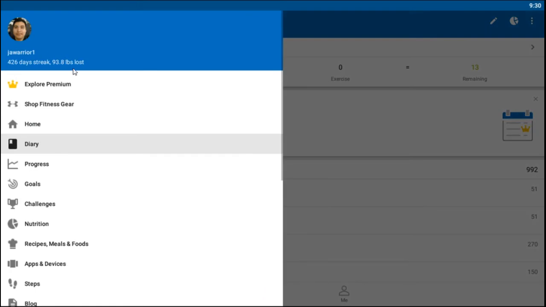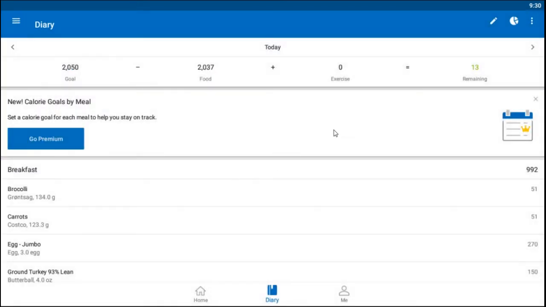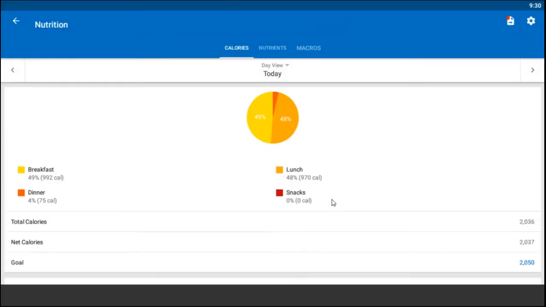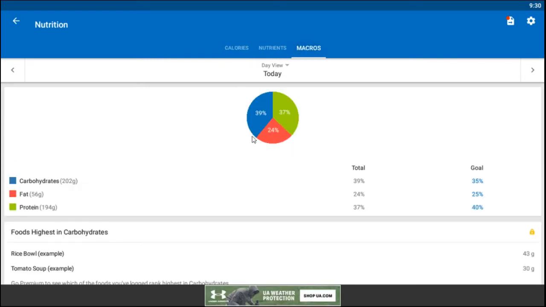I actually lost 93 pounds so far on MyFitnessPal, and I would like to balance my macros every day that I eat. See this little pie at the top right? You can tap that, and it'll show you under the macros. So you click macros right here, and it'll show you how much protein, how much fat, and how many carbohydrates you're eating. I recommend getting this protein up to 40%, and this carbohydrates up to 40%, and maybe 20% in the fat range. And you do that by adding all the foods you've eaten together from the database that we